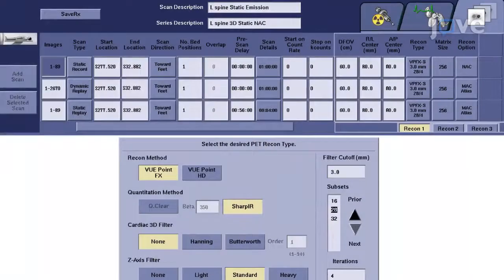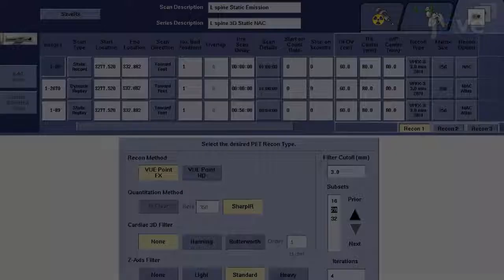Then set a 60 cm field of view with a 3 mm filter cutoff, a standard Z-axis filter, no cardiac 3D filter, 28 subsets, and a time of flight ordered subsets expectation maximization with